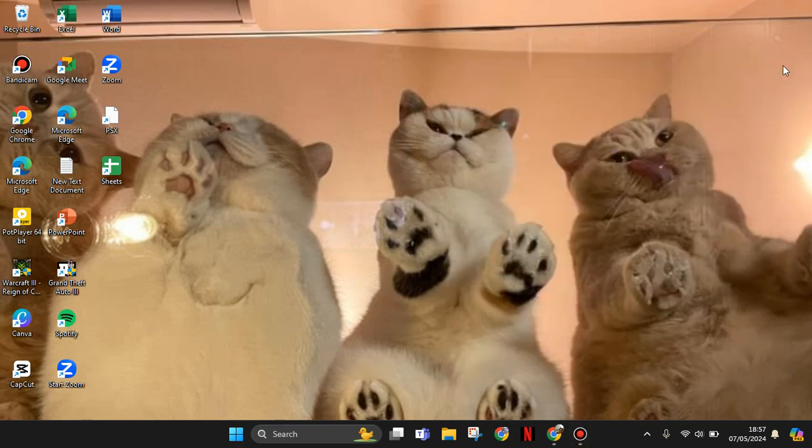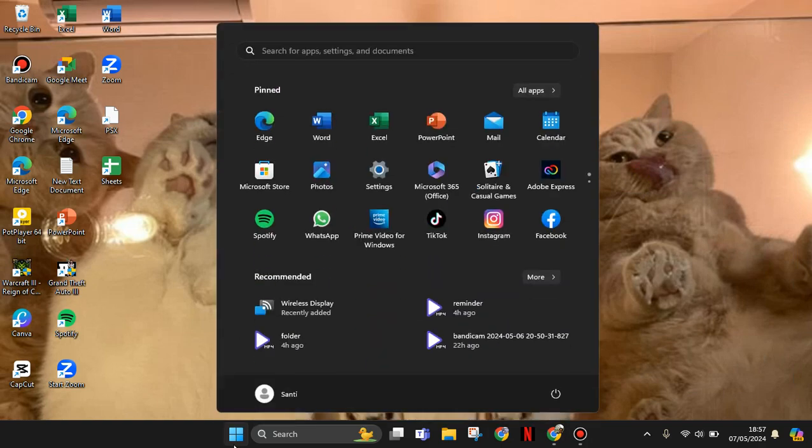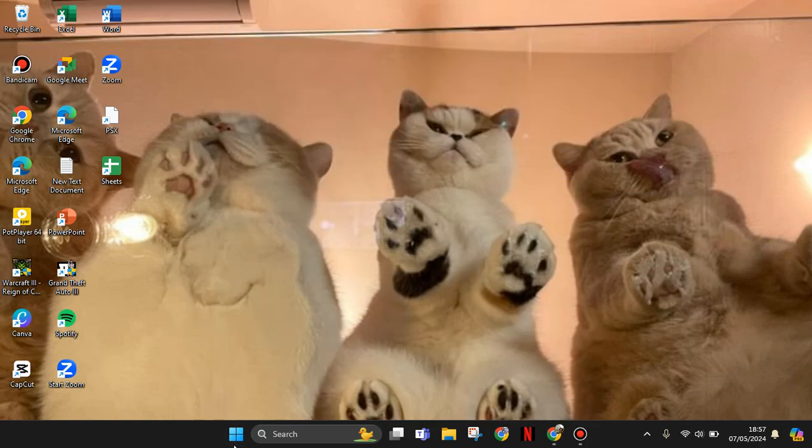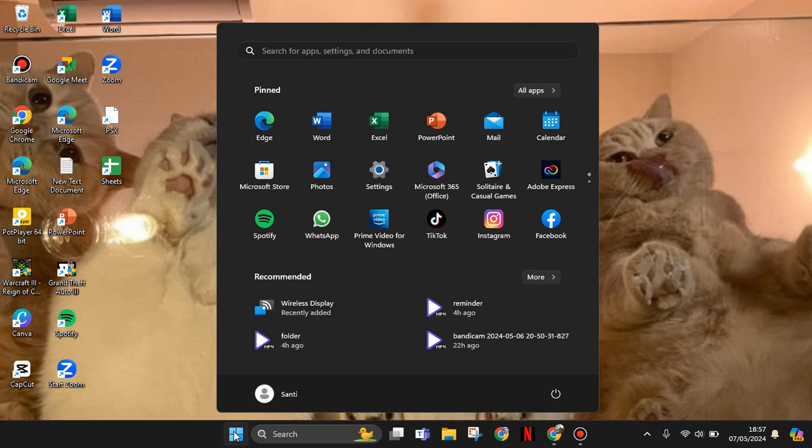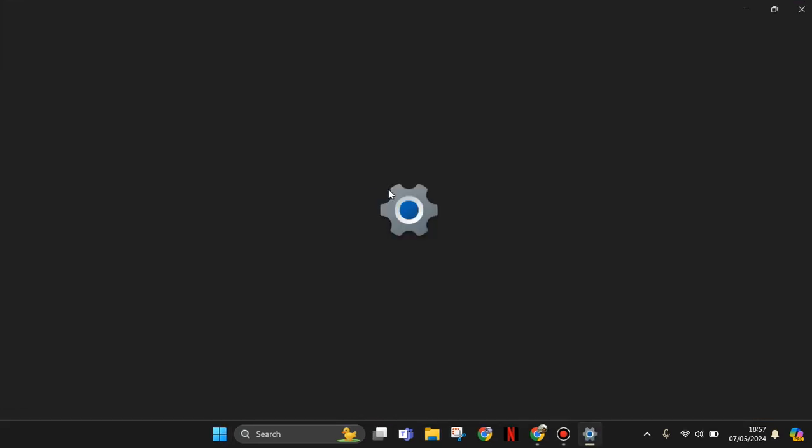Today I'm going to show you how to connect your mobile screen to your laptop, or how you can share your mobile screen to your laptop in Windows 11. Let's start by tapping Settings. You can search on the Windows page here, the Windows icon. You can click it, tap the Settings button,